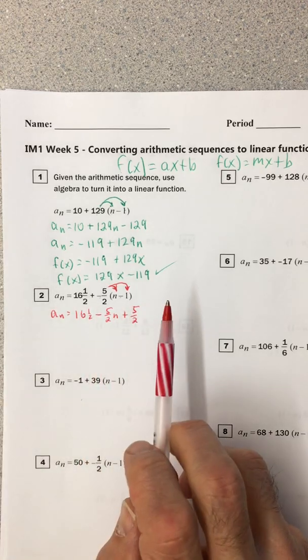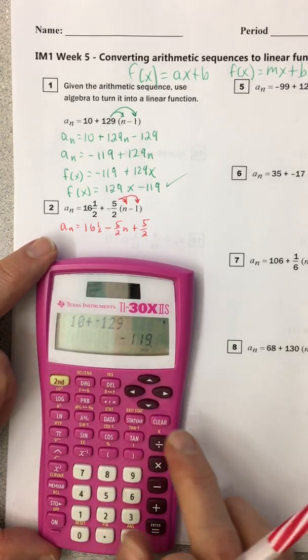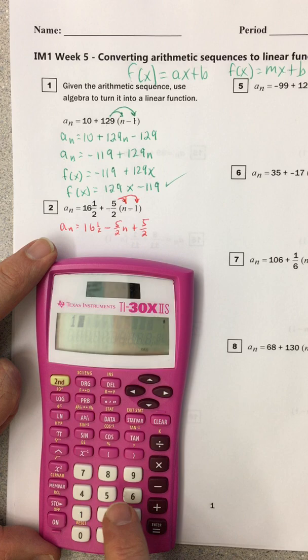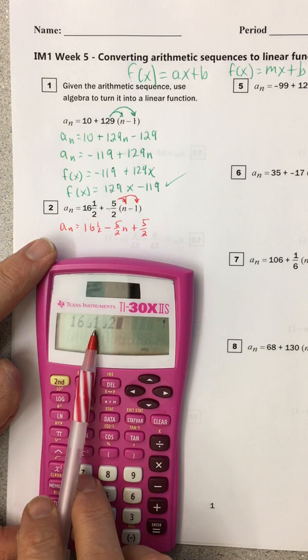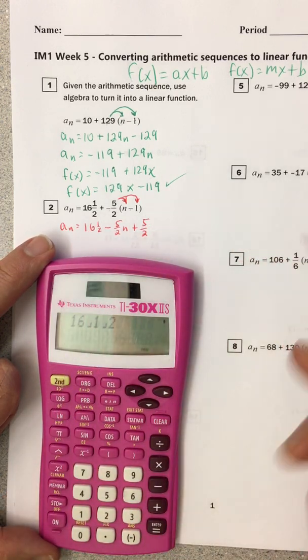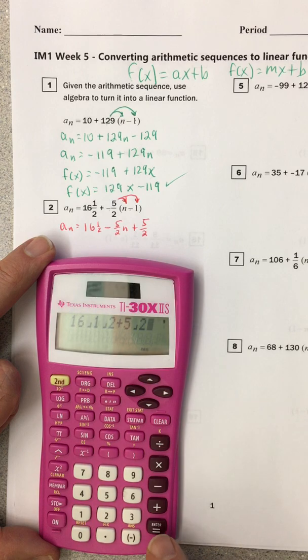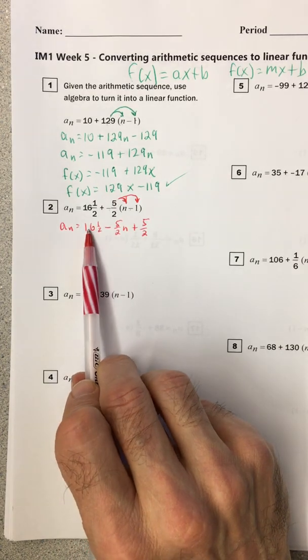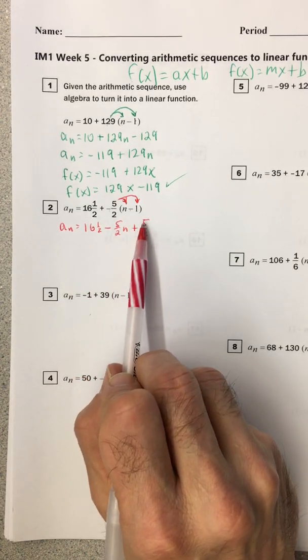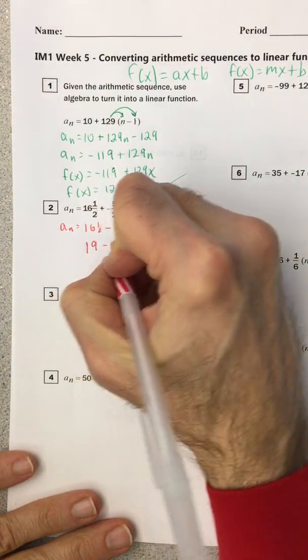Okay, I want to combine like terms. All right, so I'm not sure how to do this, so I'm going to use my calculator. Clear out the old one. 16, ABC 1, ABC 2. That means 16 and 1/2. I'm going to add 5 halves to it, plus 5 ABC 2. The ABC goes in between the numbers, not in front, not after, but in between them. It says my total is 19. Let's check. 16, 17, 18, a half. Yeah, 19 sounds good. 19 minus 5 halves n